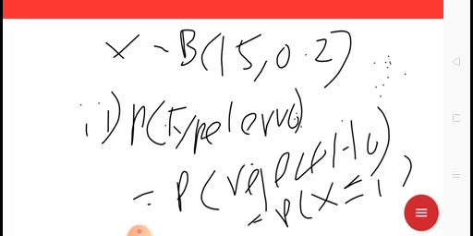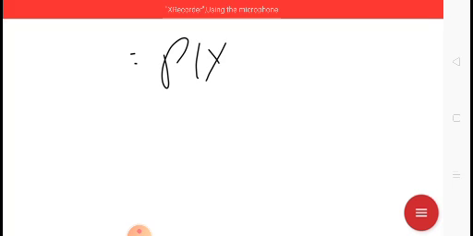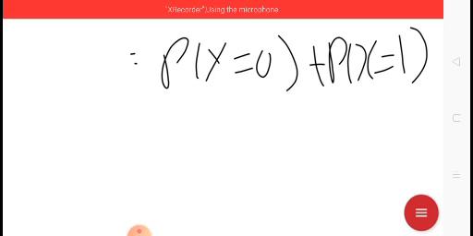Right, so when you reject H naught, P(X) is smaller or equal to 1. So you need to find the probability of P(X) smaller or equal to 1. So it's equal to P(X = 0) plus P(X = 1). So you need to add these two. So based on this, it will be